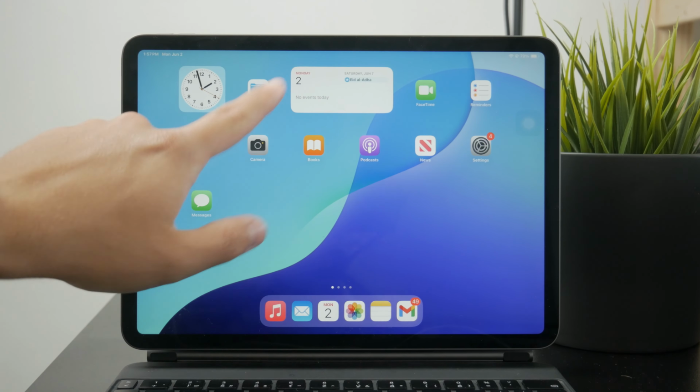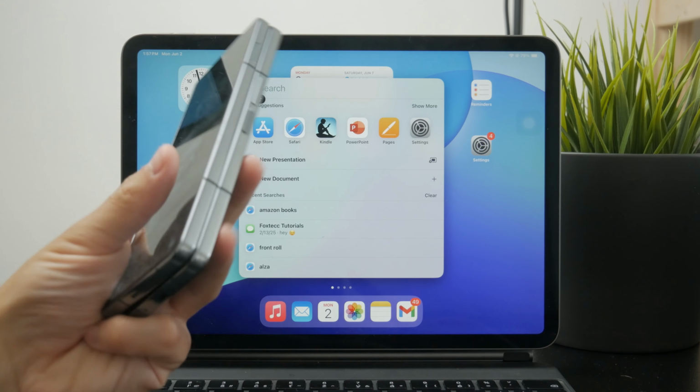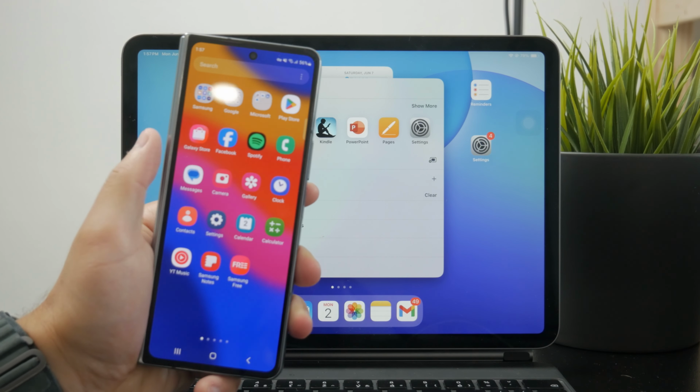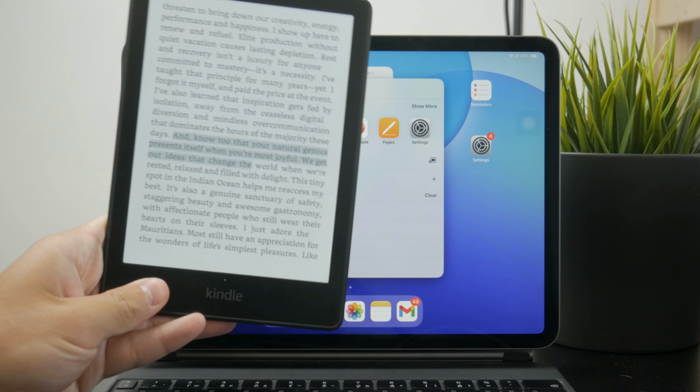So, if you have an iPhone, you can download the Kindle app from the App Store. Same for an Android device, where you can download the same app in the Google Play Store. Same for iPad, and so on. You should also know that there is a dedicated Kindle e-reader device, which you can buy separately, and it kind